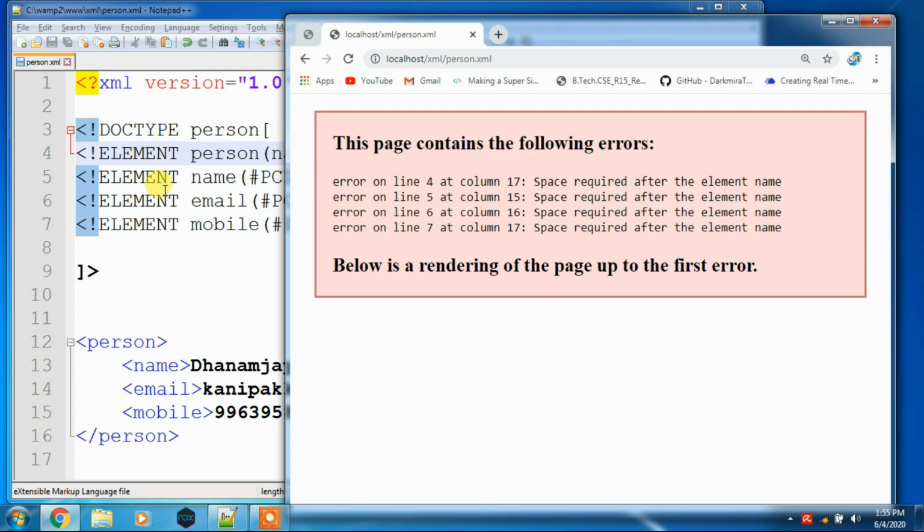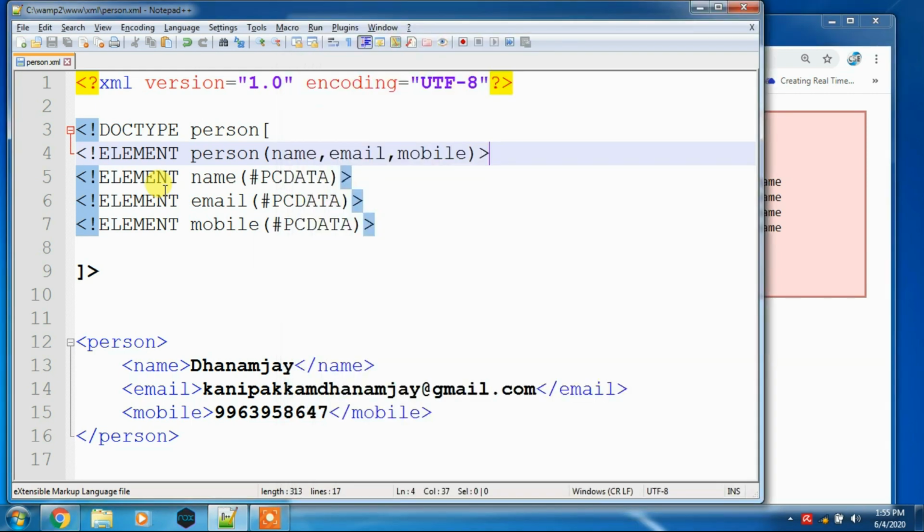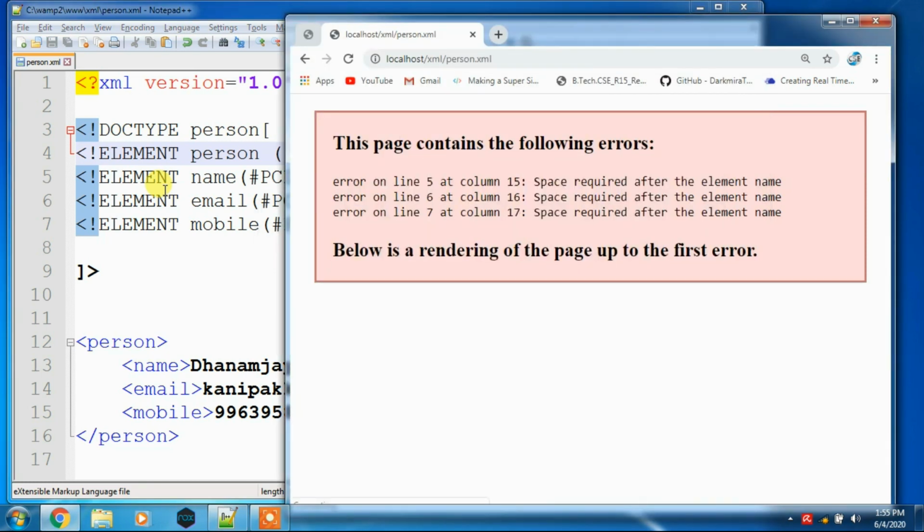Now also it's giving an error, line number, space required after the element name. So here I have to specify a space, and then again I have to specify space here, and then here. Let me check whether it will work or not.